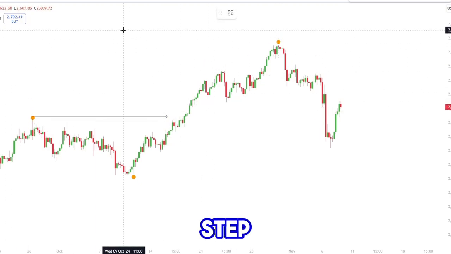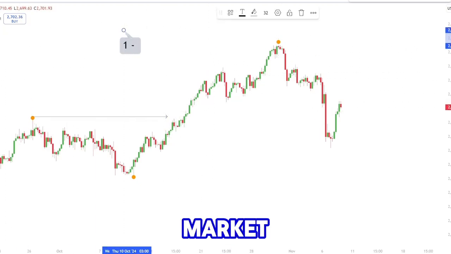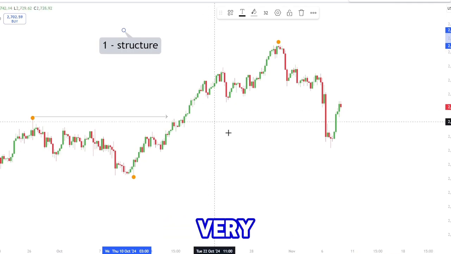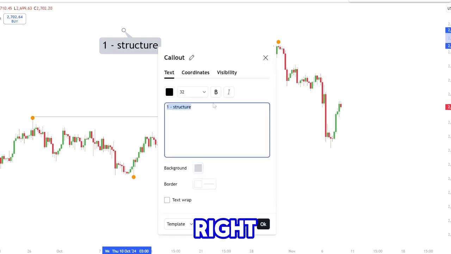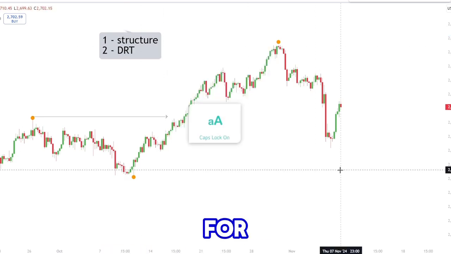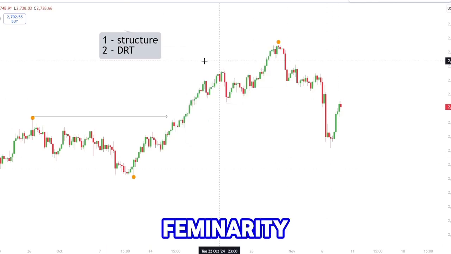So this is step one, right? Step one, market structure. I'll just write structure for short. We have our structure that is very, very clear to understand, and we can see that the market structure is bullish. Right, now we go on to step two. Step two is the dealing range, or I'll just write DRT for short. This is dealing range theory. Now, dealing range uses the Fibonacci tool, and dealing range